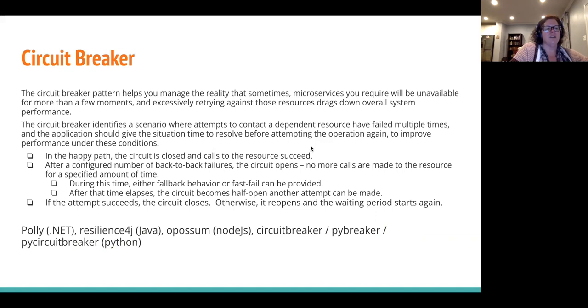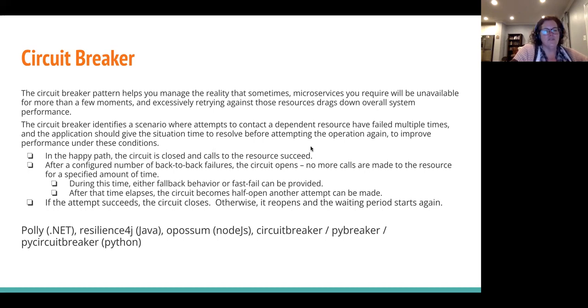So the retry policy has a cousin called the circuit breaker, which also helps you handle situations when the network is down and a resource can't be reached. But this is for situations where it's going on a little bit longer. So basically what a circuit breaker says is, all right, I keep trying this, it keeps failing. Let's just wait a while and give it a chance to resolve itself before we try again, so that the consumers that are waiting for me to do this don't just keep hanging while I wait.